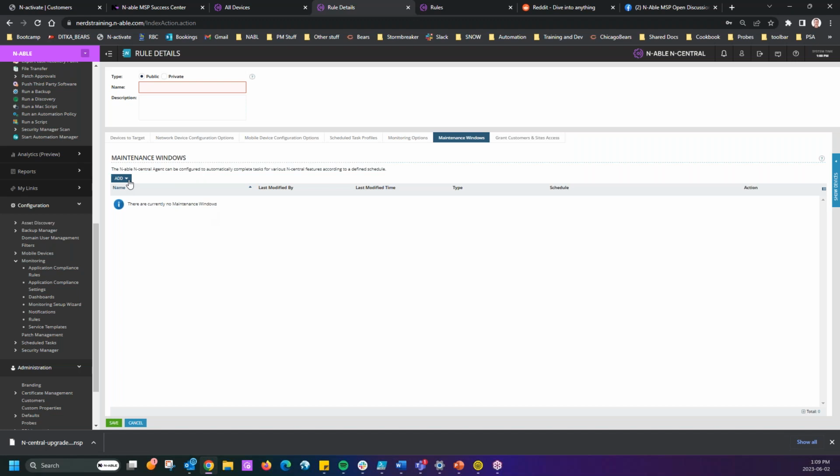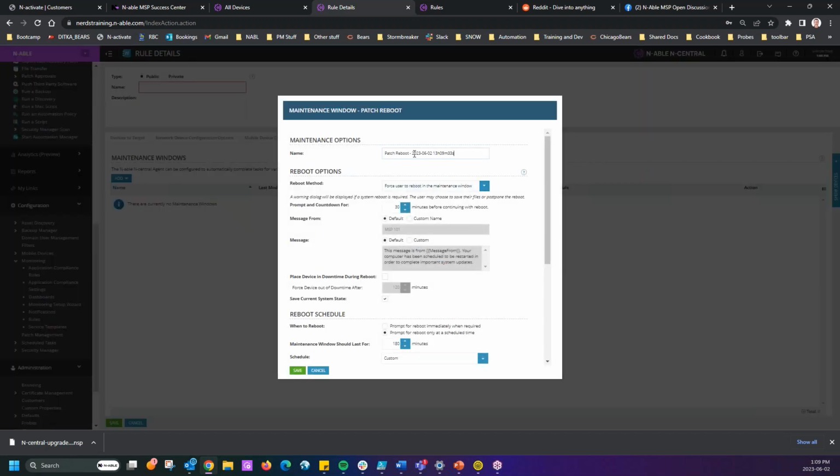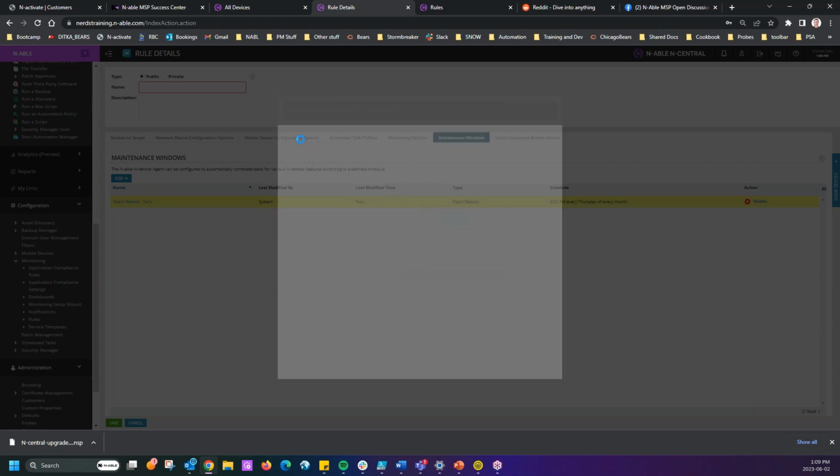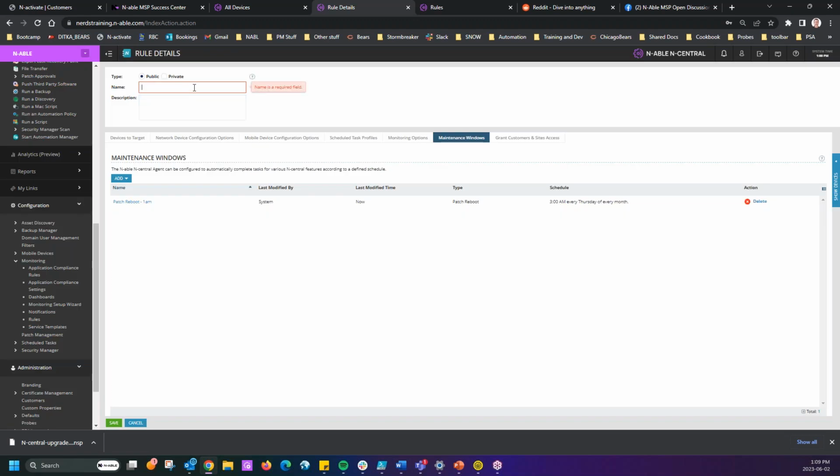Then I'll do my maintenance window. I'll just make up a fictitious reboot window for you. So I'll go something like 1 a.m., right? It always has to be off hours, and you're going to do that maybe on the 3rd Thursday of the month or what have you at 3 a.m., okay? So I'll save that, and we'll call this